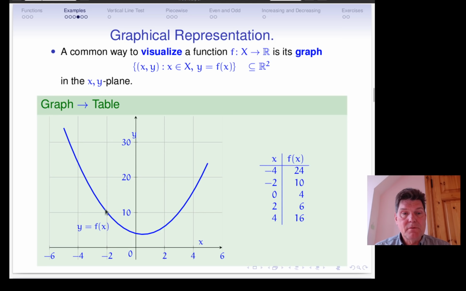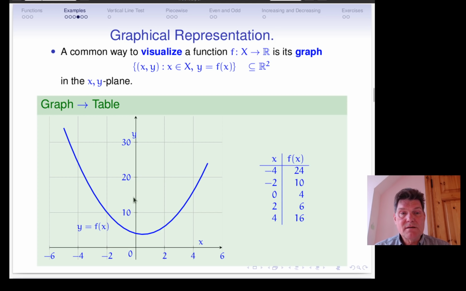At minus 2, the x value minus 2 in the graph corresponds to this point here, and that corresponds to y equals 10. f of 0 is 4, f of 2 is 6, f of 4 is